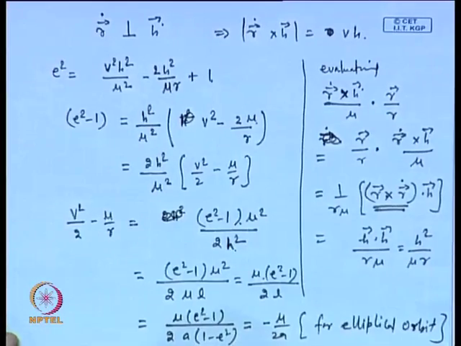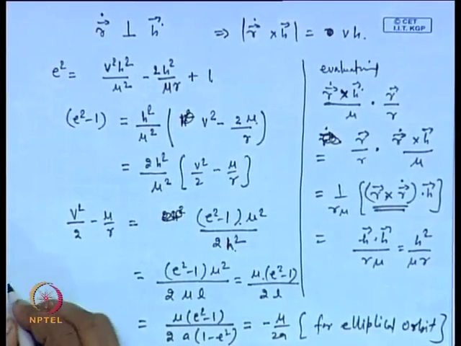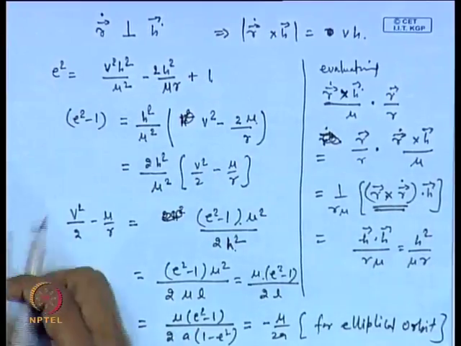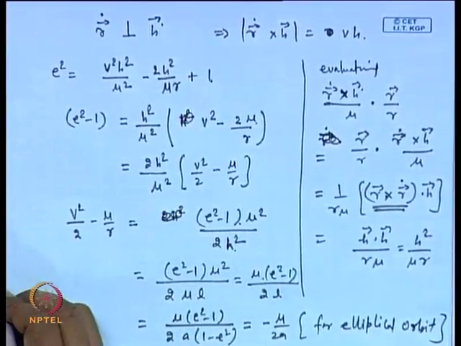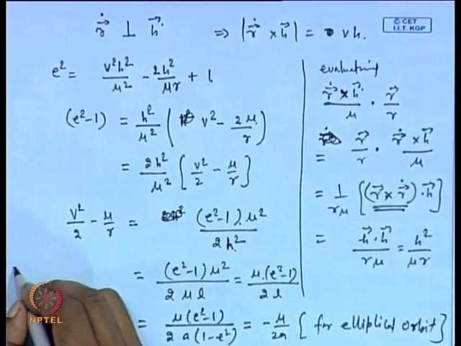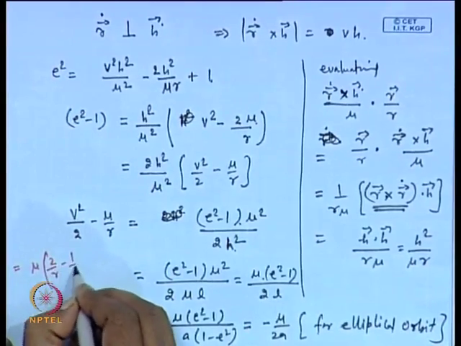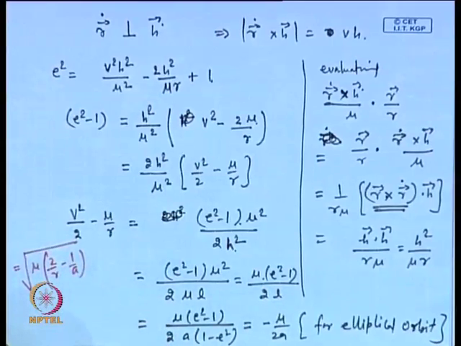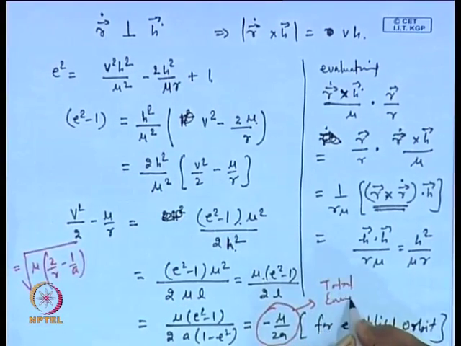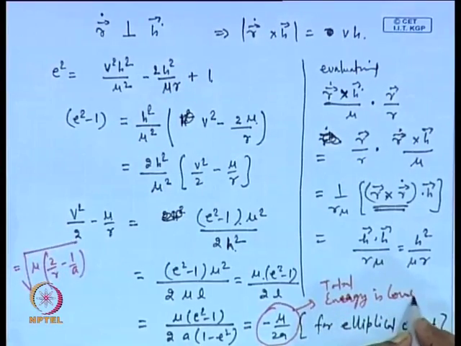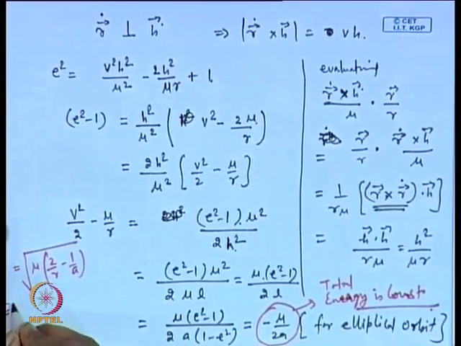but this is very important, and this is basically our v square, or from here we can solve this and we can write, this implies v is equal to the square root of mu times (2 by r minus 1 by a), the earlier relation that we have got. Okay. And here this gives that the total energy is constant. Okay. So, this total energy E prime is equal to minus mu by 2a, what we have written.